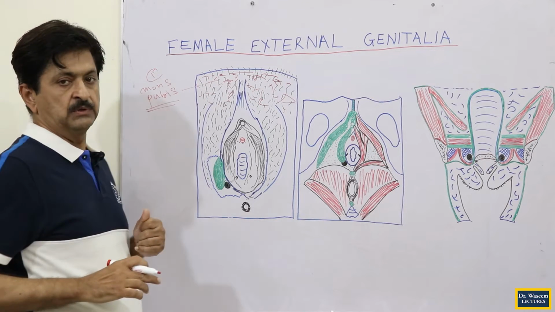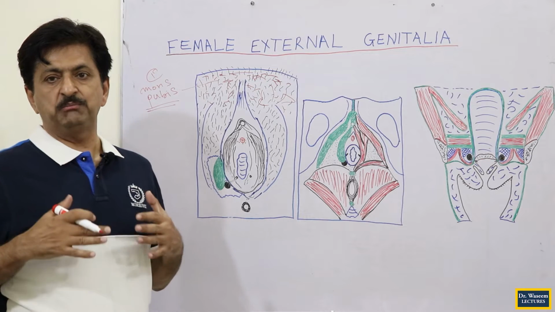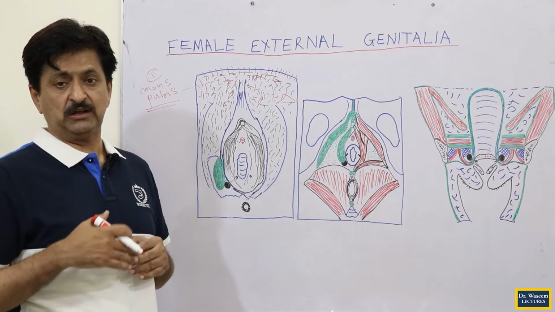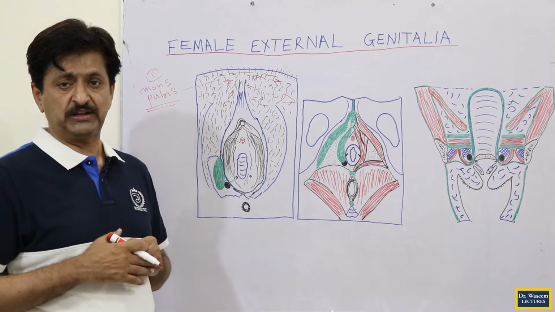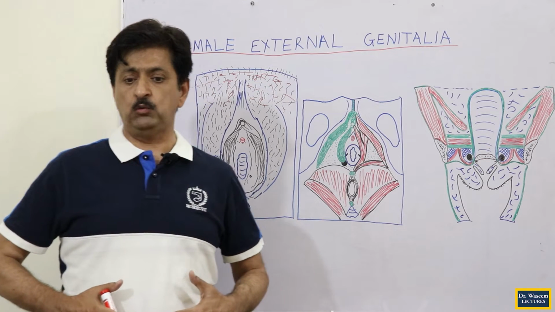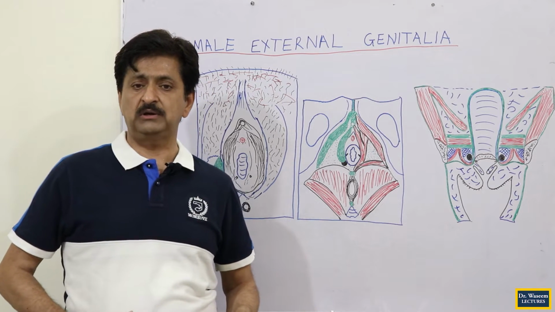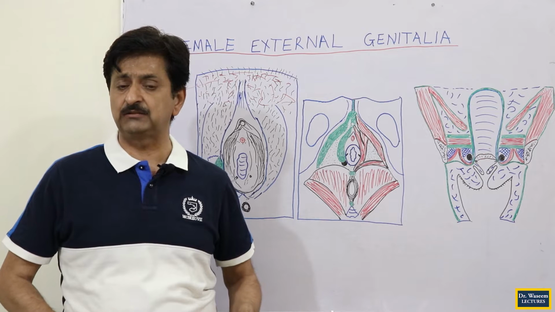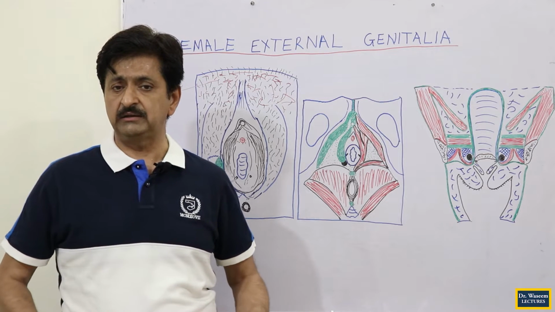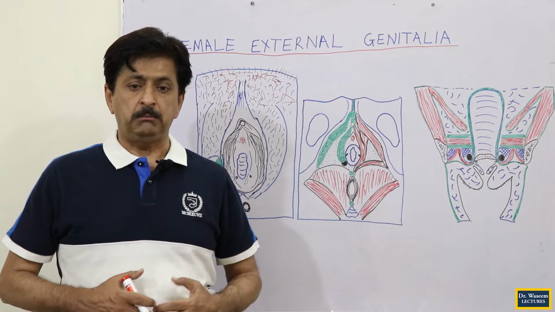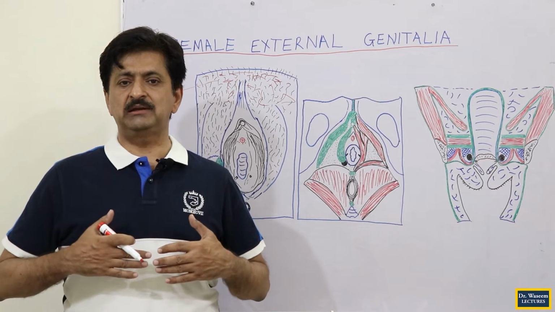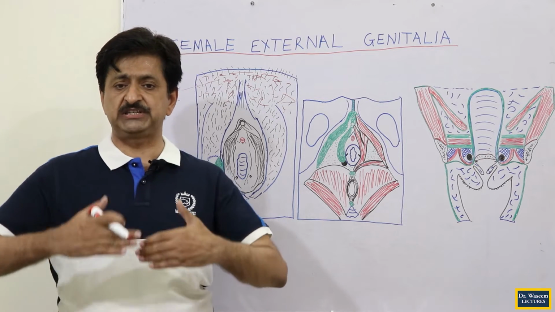This is one structure among the external genitalia. You see this mons pubis, this amount of fat, and underlying the skin, hairy skin with sebaceous glands and pigmented skin. But this mons pubis, which lies in front of the pubic bones and the pubic symphysis,